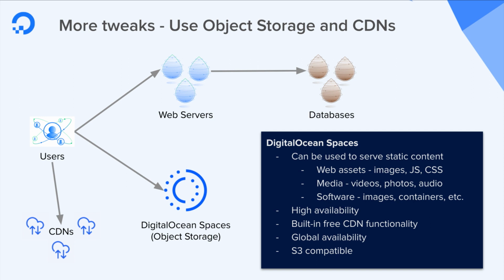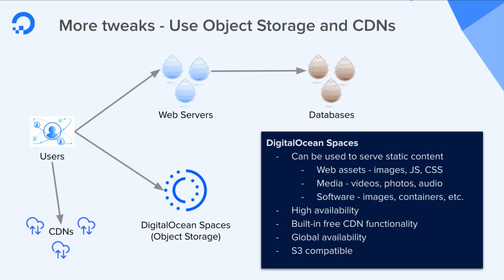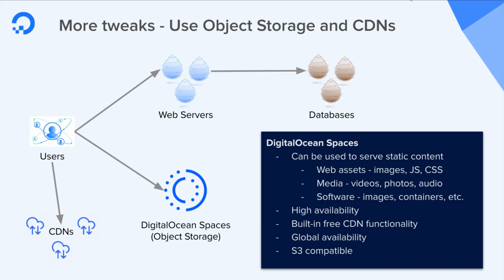And so it is a best practice to use something like an object storage service for all of that static content. And so we provide something called DigitalOcean Spaces, which is an object storage service that enables you to serve static content like web assets, media, storage, images, etc., to your customers. That service is highly available. It's fault tolerant. Redundancy is built into it. Triple replication in the backend, runs on SSDs, very, very high IOPS, and also it has a free built-in CDN